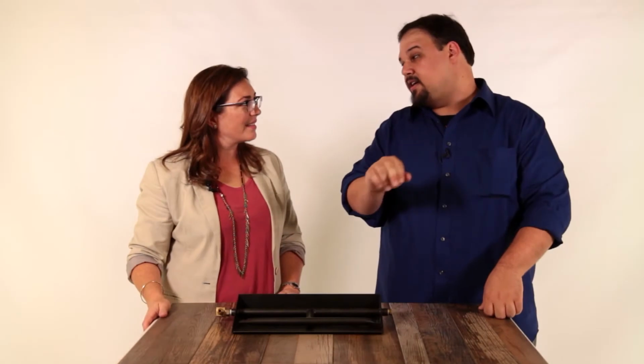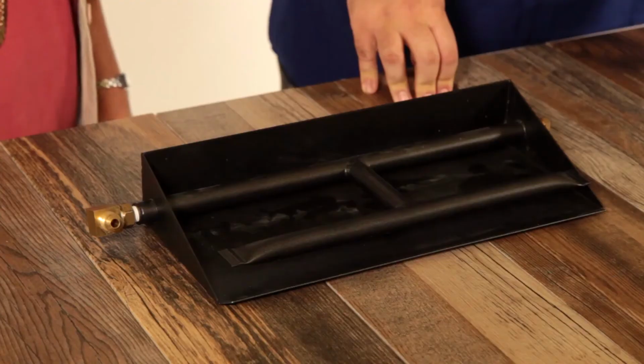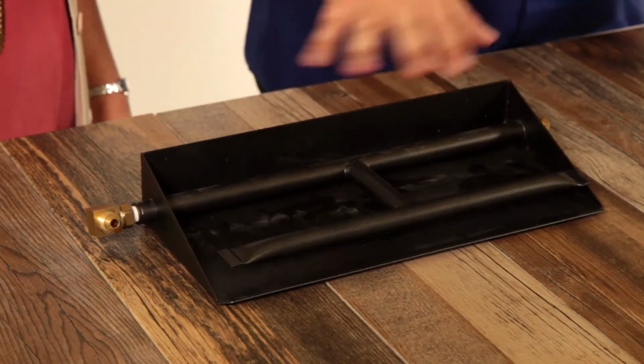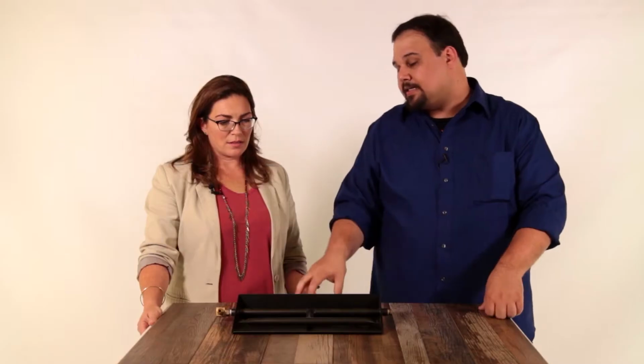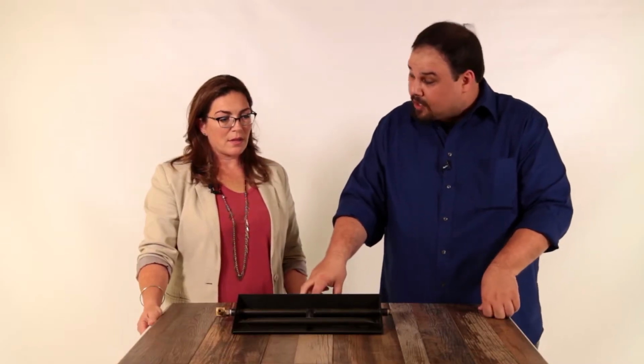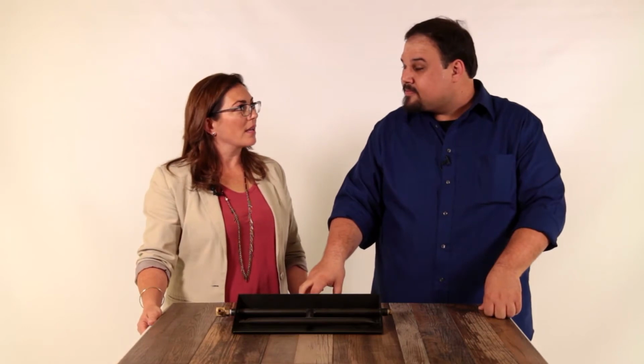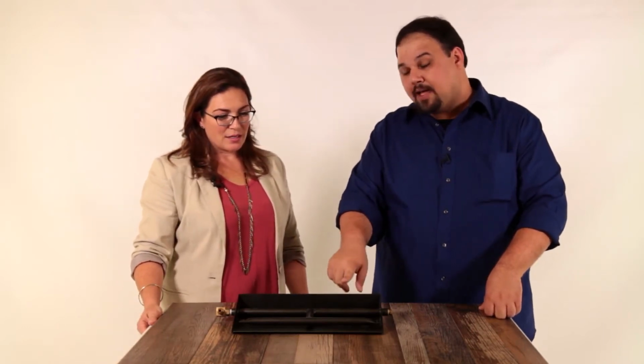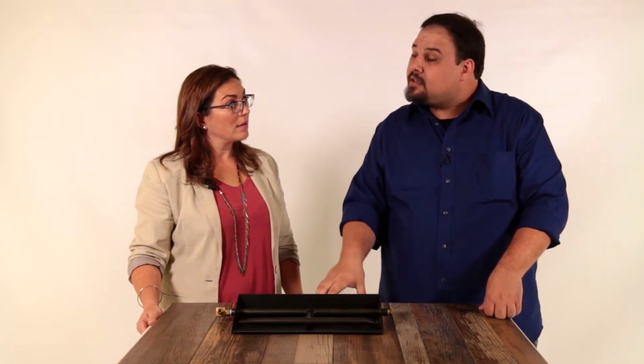This is a natural gas burner. Okay, so this is what sits in the bottom of the fireplace? Absolutely. Your logs and everything else stacks right on top. This is what is typically going to be referred to as match light ignition. Okay, I saw that in the drop down. Absolutely. Now this is only for natural gas, not for propane, but it is bar none the simplest ignition method